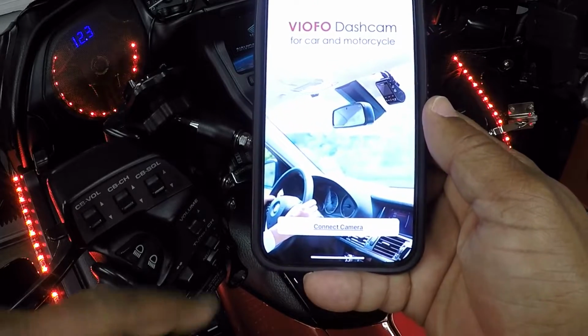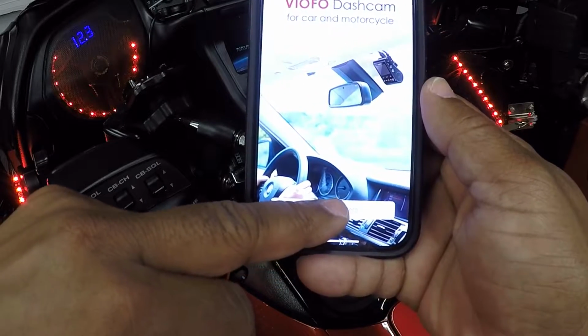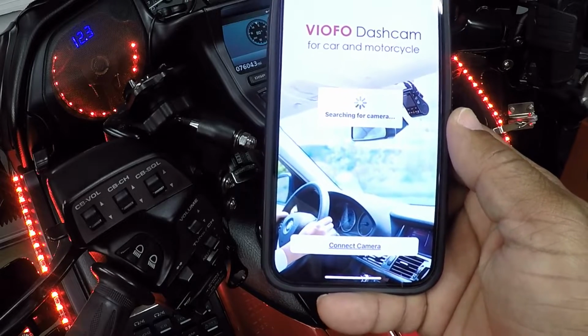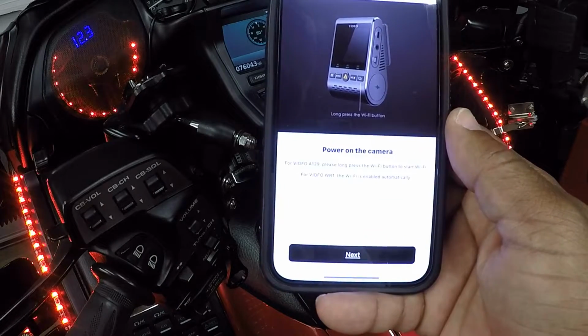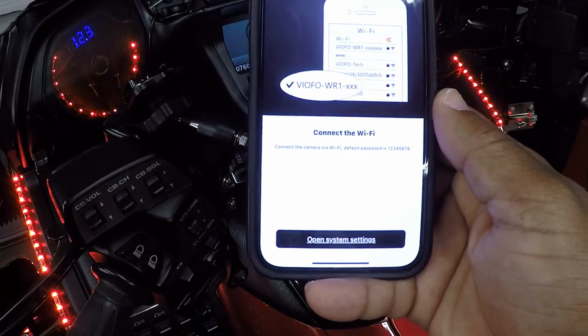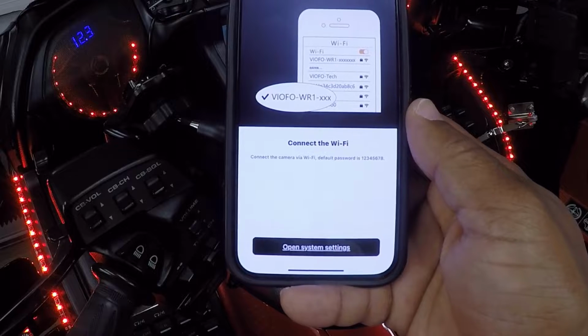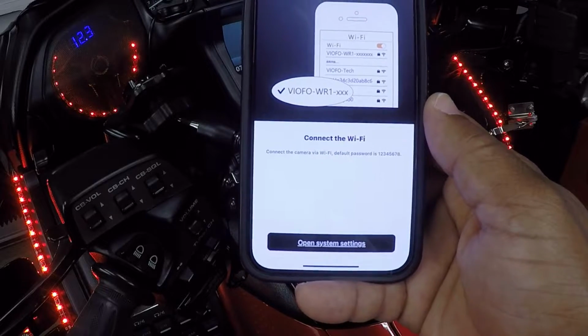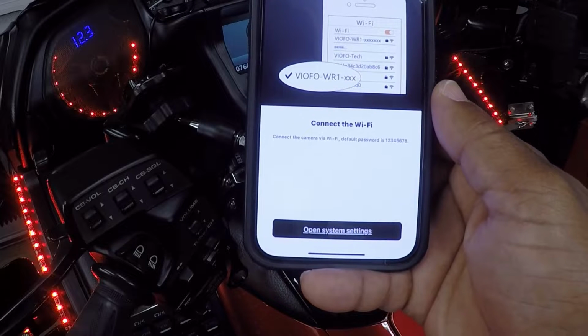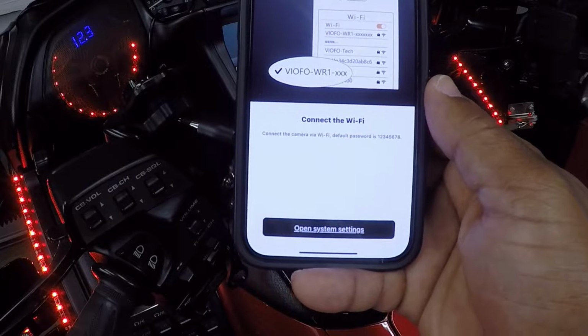Now that the app is open, I'm going to click on Connect Camera, and it's going to start searching. Since I've added power to the bike, it should pull up a camera system. I'm going to click Next. Default password, which is 1234567. And basically, you want to open the system settings, or you want to go to the Wi-Fi settings